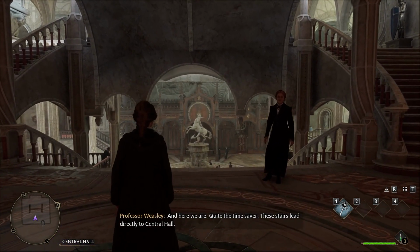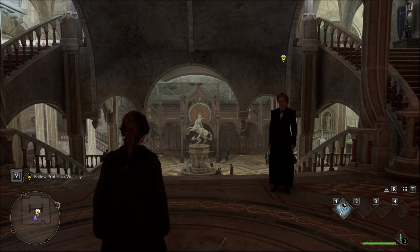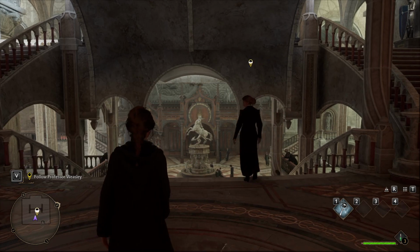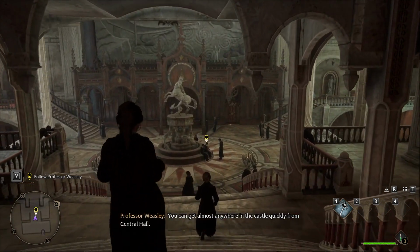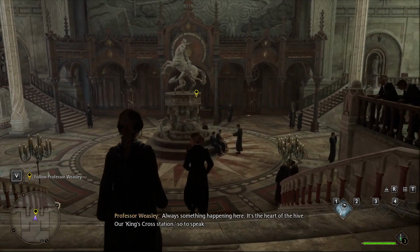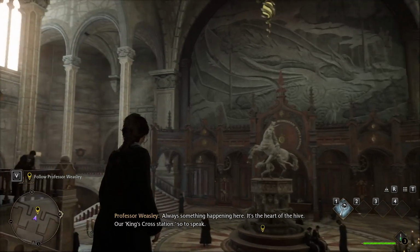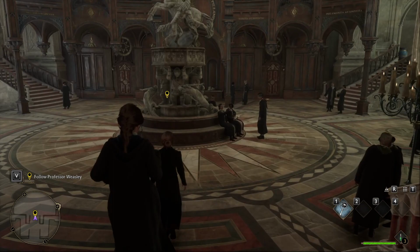Quite the time saver. These stairs lead directly to Central Hall. Okay. So you can get almost anywhere in the castle quickly from Central Hall. Always something happening here. It's the heart of the hive. Our King's Cross station, so to speak. I do love